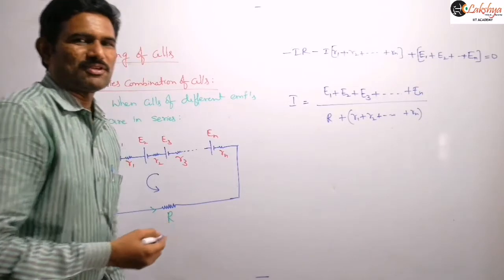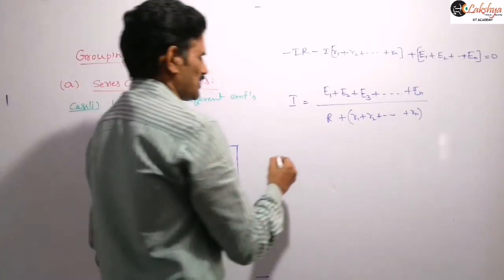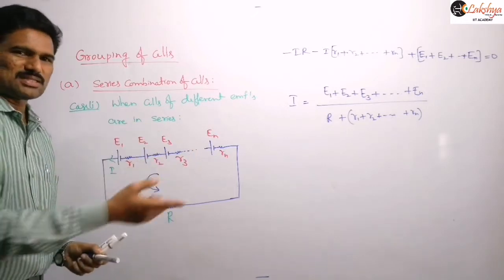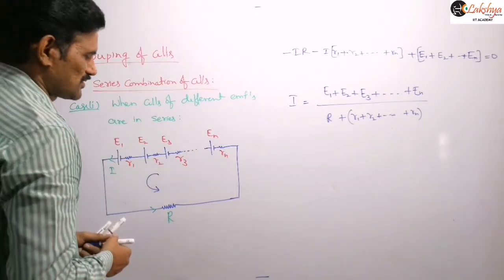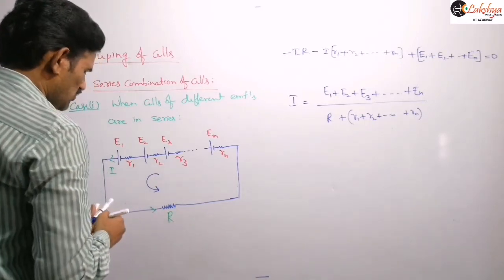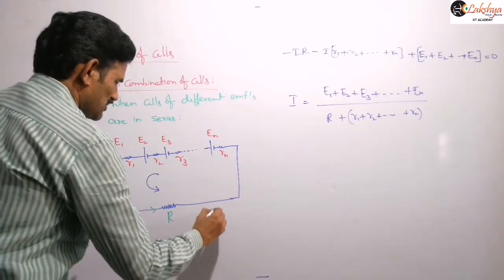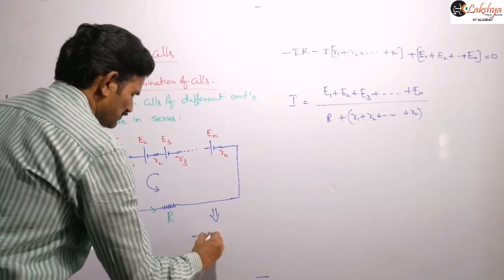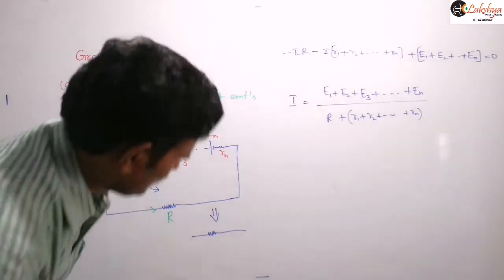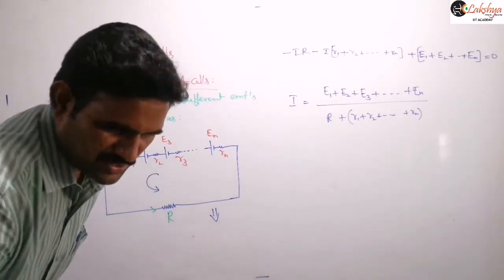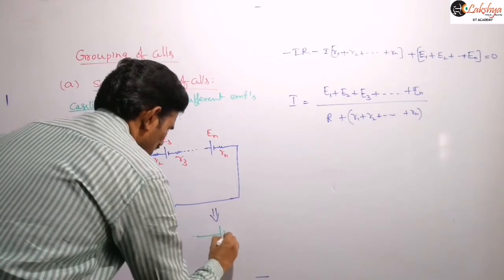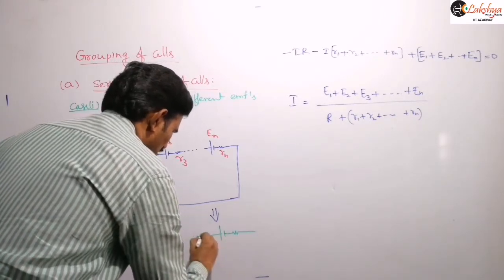Now this equation is nothing but you can compare this as, suppose these n cells are replaced by a single cell. What we are going to discuss is finding this equivalent resistance, in the sense that we are converting the circuit like this. This circuit we can convert into a single cell replacing those n number of cells here. So I am just connecting like this.